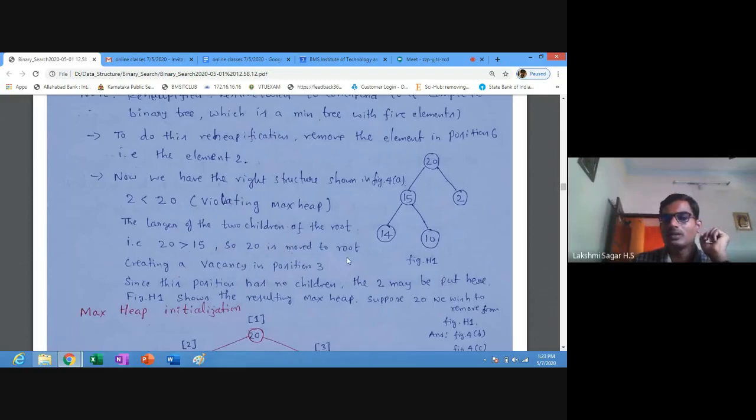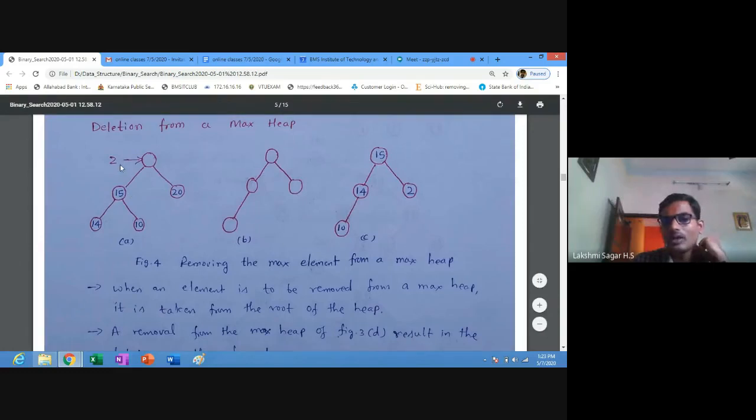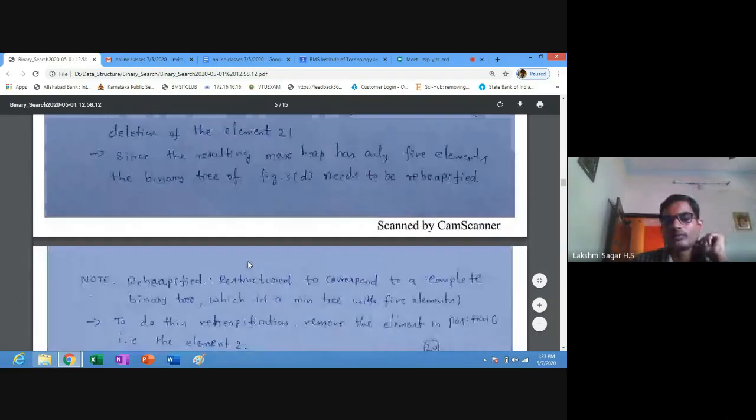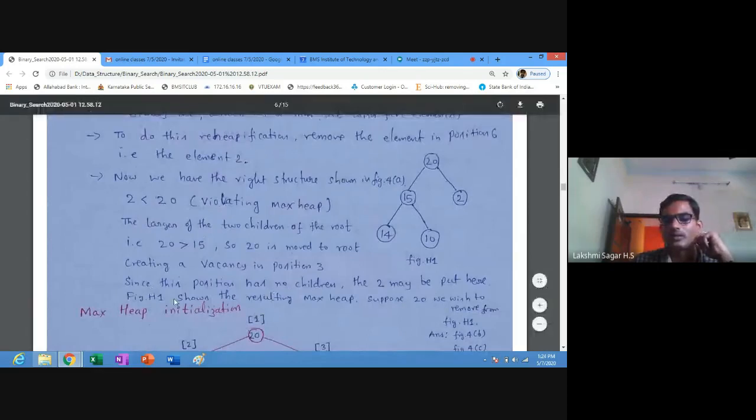Compare the larger of the two children of the root, which are 20 and 15. 20 is greater than 15, so 20 is moved to the root, and this 2 is moved to the right child position of this node. Since this position has no children, the 2 may be put there. Figure H1 shows the resulting max heap.